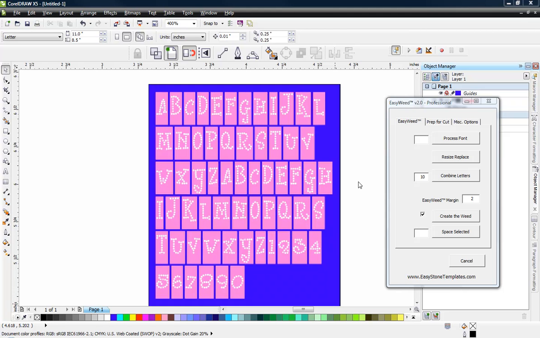In this video, we're going to be taking a look at one of our latest macros called EasyWeed Professional. Basically, what this does is it really simplifies the process of creating these rhinestone alphabets as well as other types of designs where we create a weed box around the design, and then we can match up and pair up our different designs to create different types of words